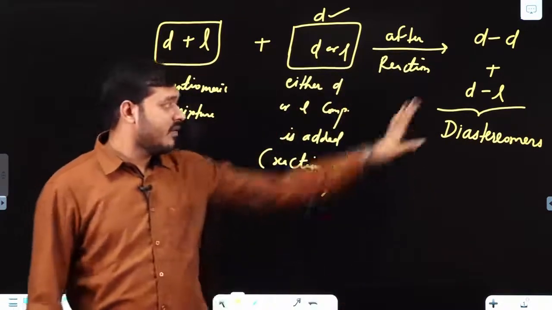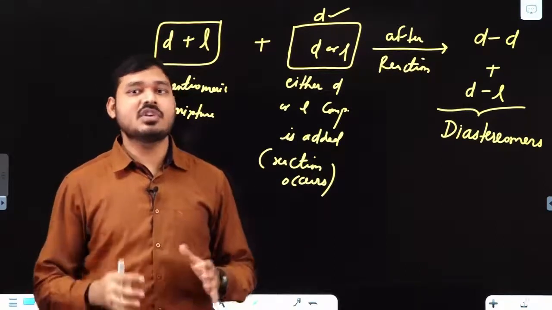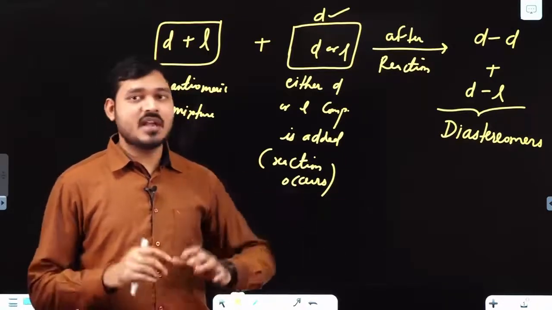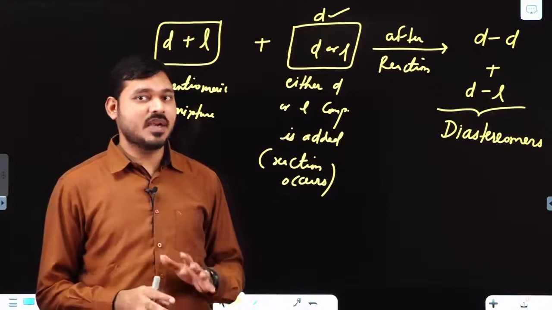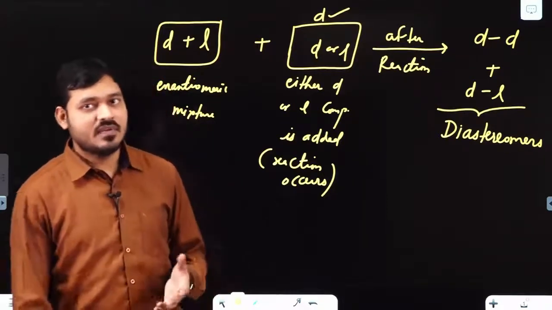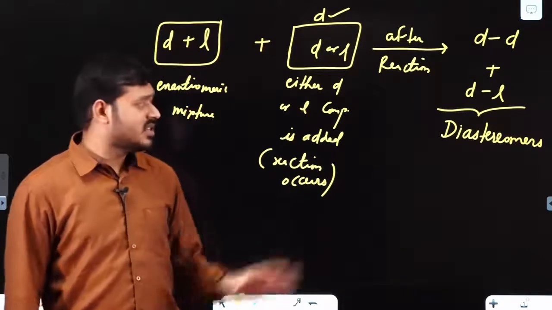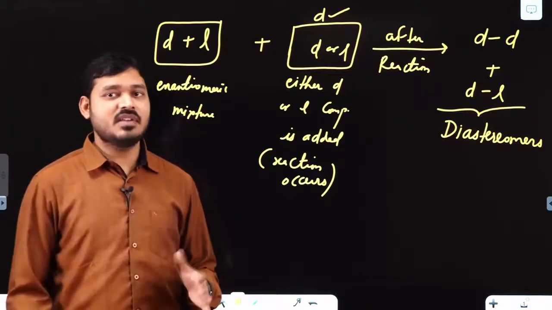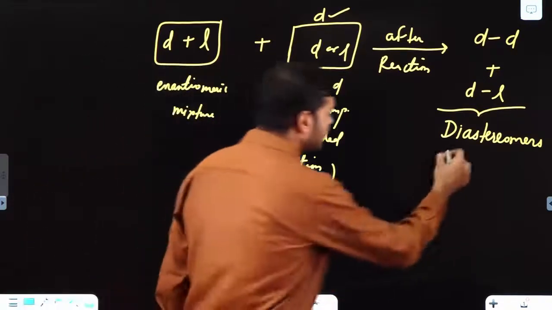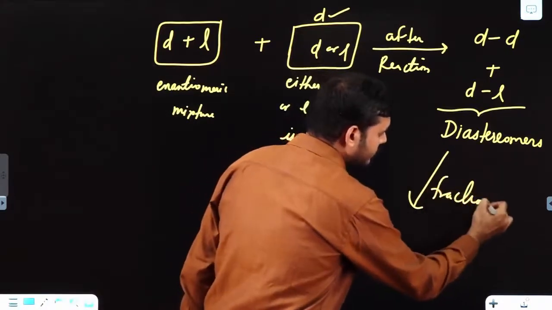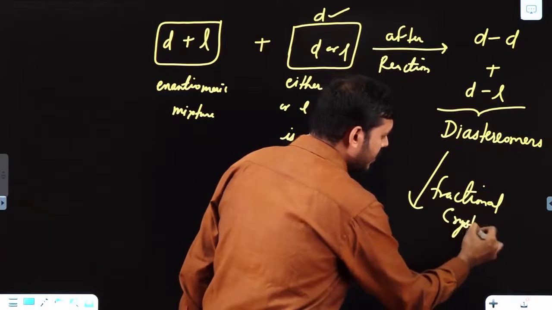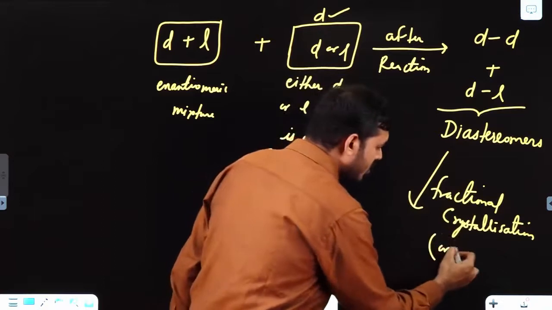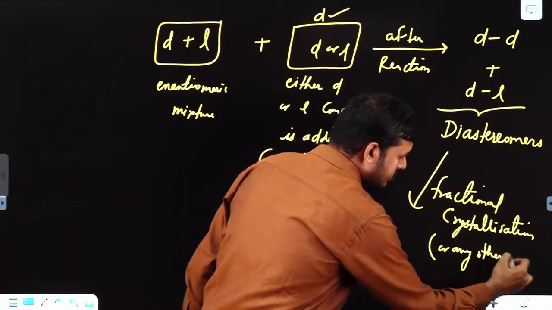Now, when we have produced the diastereomers, what happens? The diastereomers have different physical properties. And as we know, we have various methods based on physical property differences to separate, like distillation, fractional crystallization, and all these cases. Generally, the method of fractional crystallization is used based on their difference in solubilities in various solvents. Suppose I say fractional crystallization, it is not mandatory to use this only or any other method.